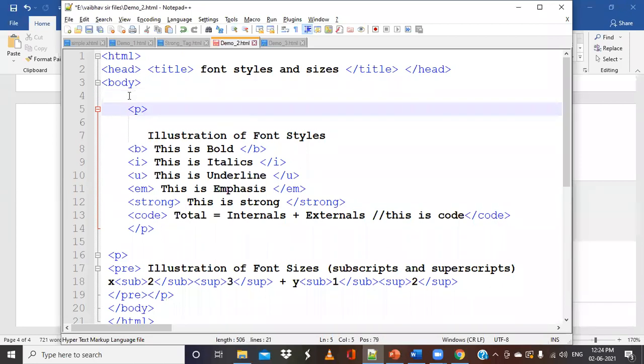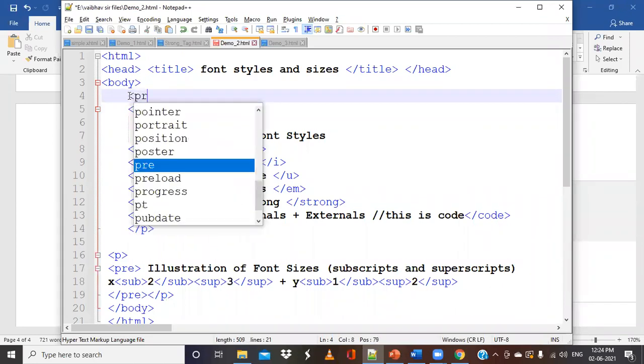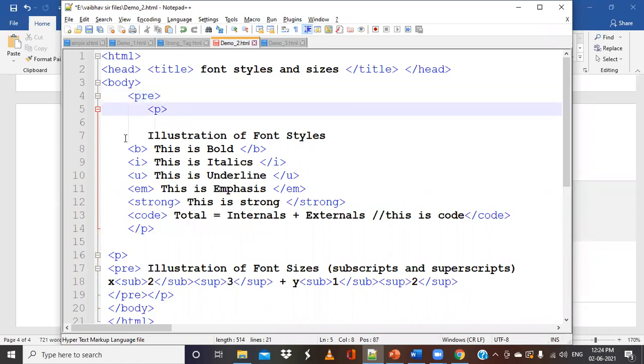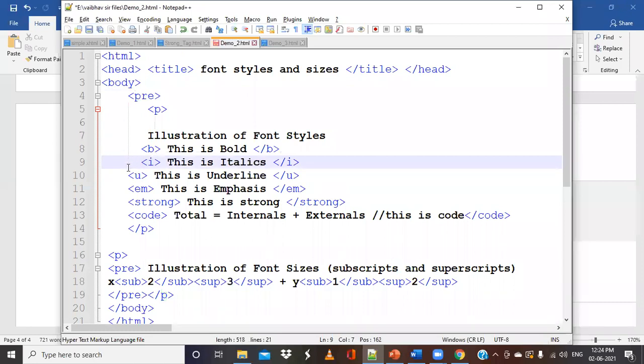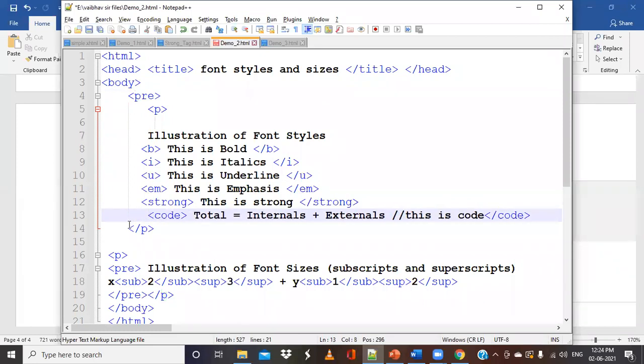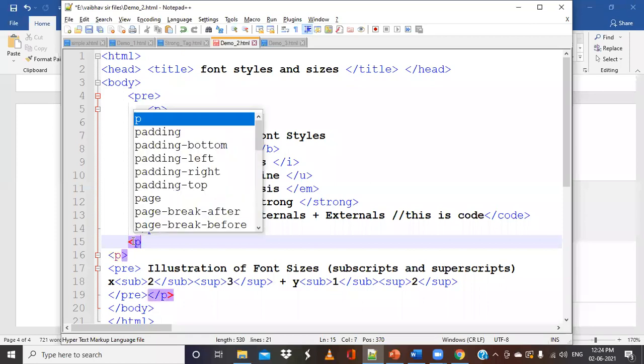Whatever you have said, it is fine. But better put this pre-tag first and then put the paragraph, and then here we need to do the indentation so that we can understand things. And here I will put this paragraph, and the closing pre-tag.